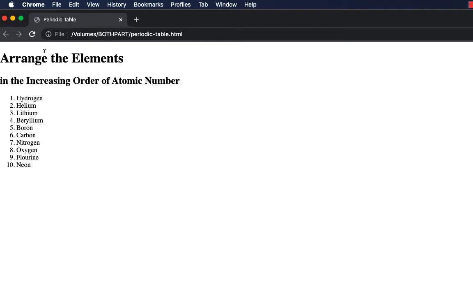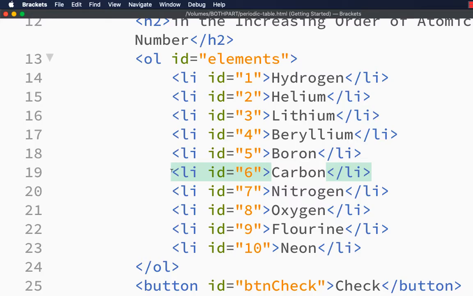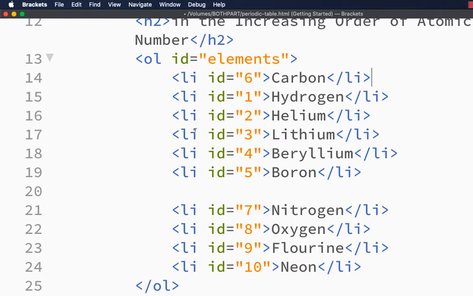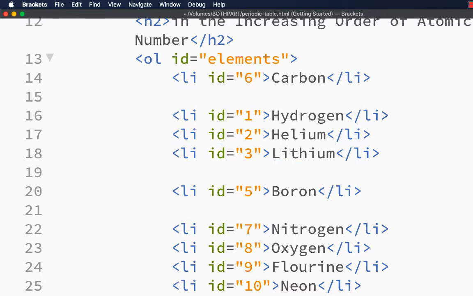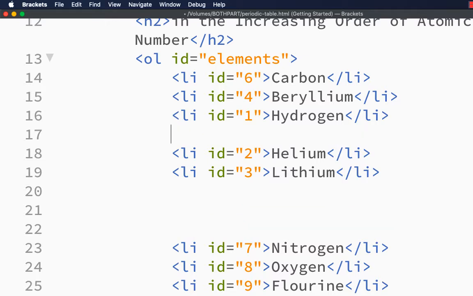Now let us first change the order, that is, make the order wrong, and then we will style these items. Okay, so first let me cut this item and add it at the top. Then let this item be cut from here and added as the second item in the ordered list. That is for sorting.